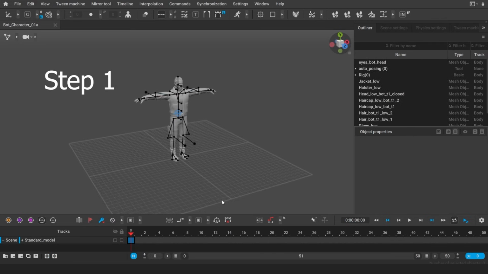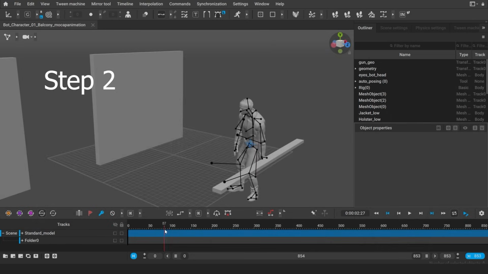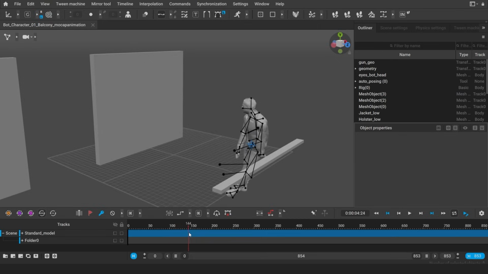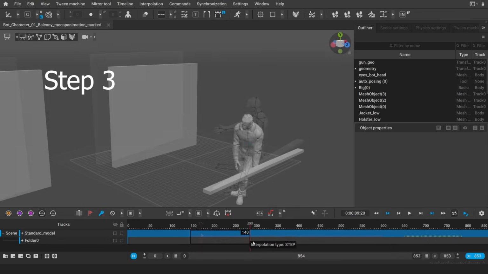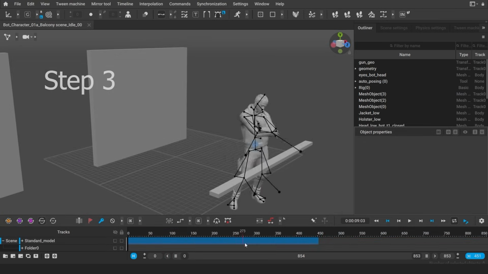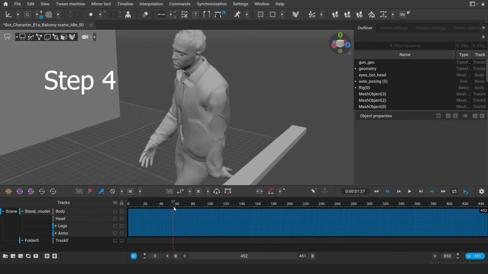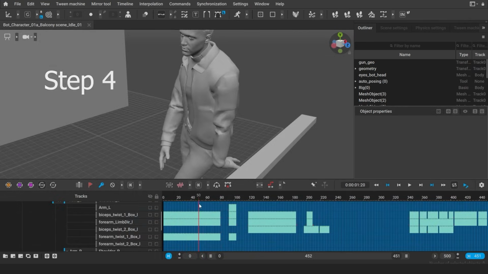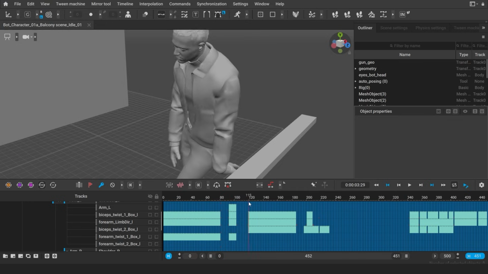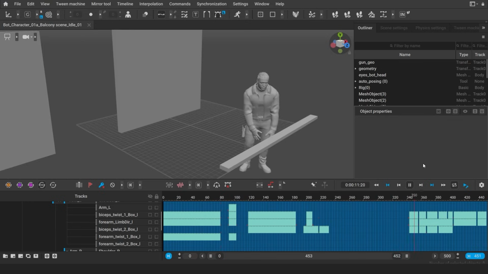To begin with, we prepare a scene with a character. Then, we load animations on this previously created character. Do retarget if needed. Retargeting should be done before the mocap cleanup. Then, we prepare the animation fragment that we need. If necessary, we remove any limb twists and we add missing tracks. And after all the steps, we can move on to the most important part, for which we'll need the following